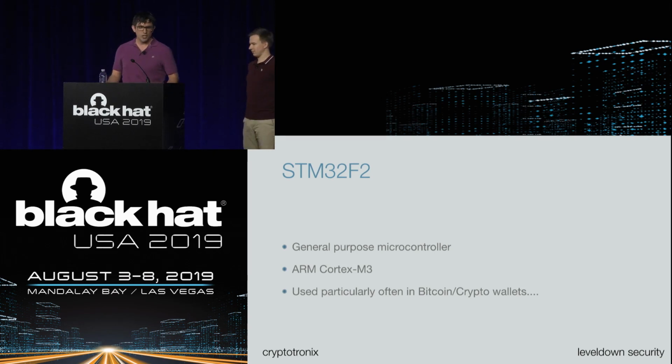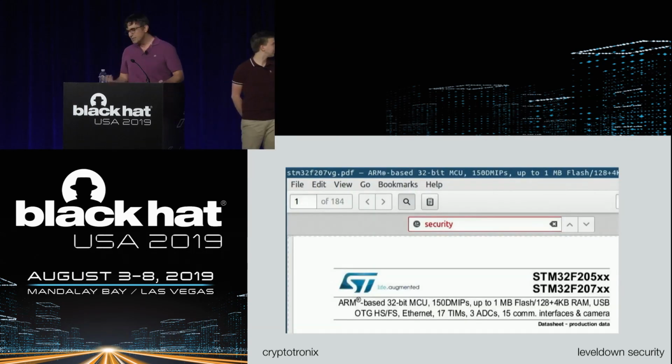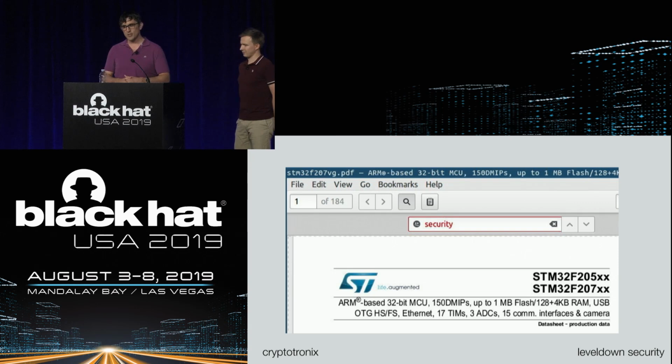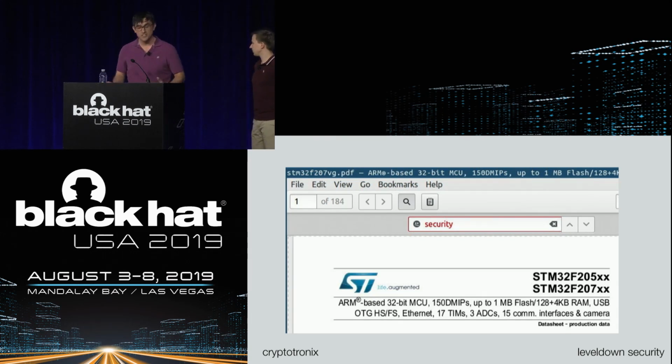So, you know, Thomas looked at the L11 and we saw this secure, 57 times secure. So we wanted to look at the data sheet for the STM32 and see how many times it mentions security. Not many times. So we got the nice frowny face trying to find the word security. And that's because this is a general purpose microcontroller. It doesn't even mention security in the thing.